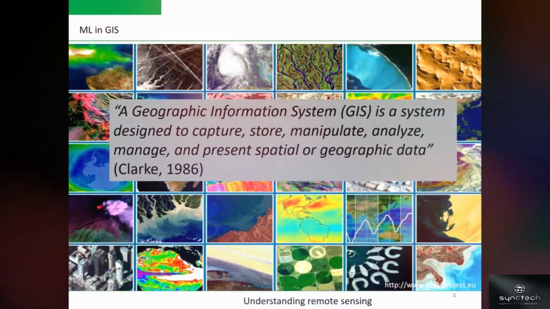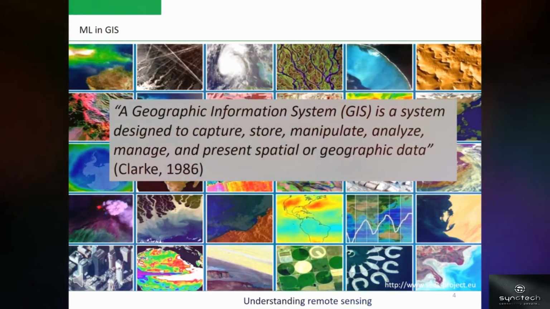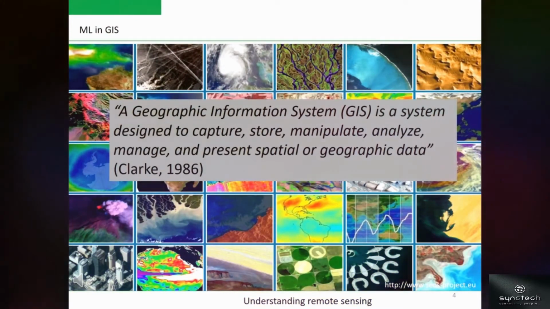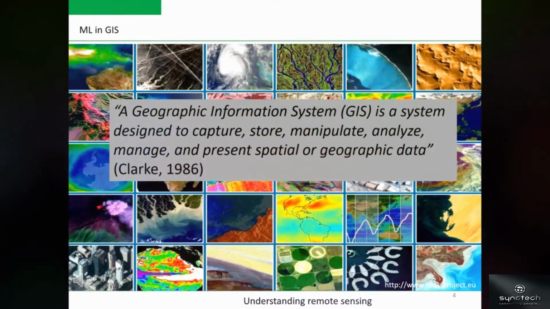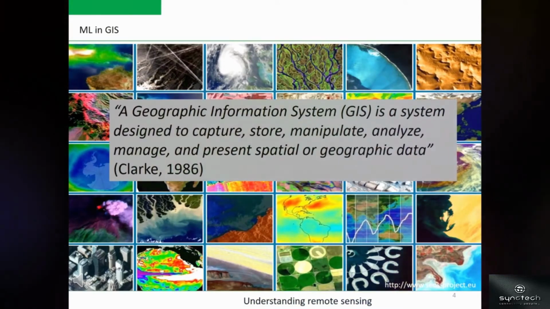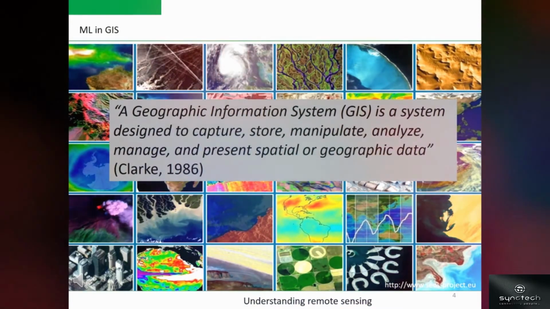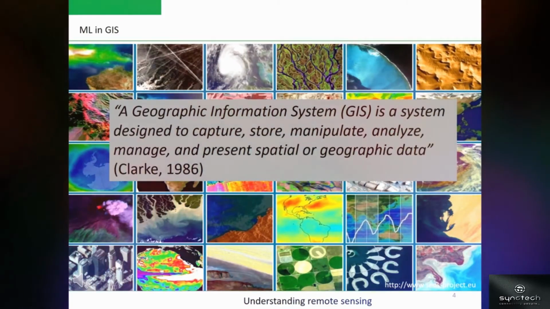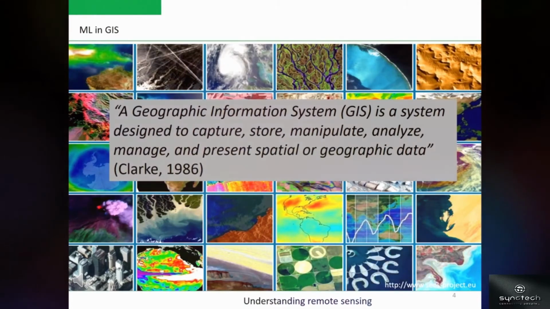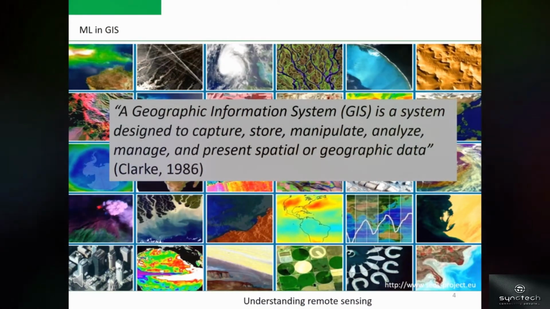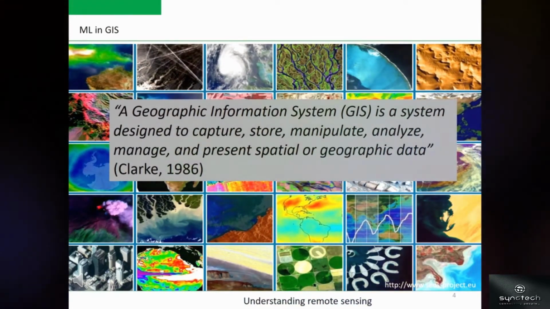Rooted in the science of geography, GIS integrates many types of data. It analyzes spatial location and organizes layers of information into visualization using maps and 3D scenes. With this unique capability, GIS reveals deeper insights into data, such as patterns, relationships, and situations, helping users make smarter decisions.